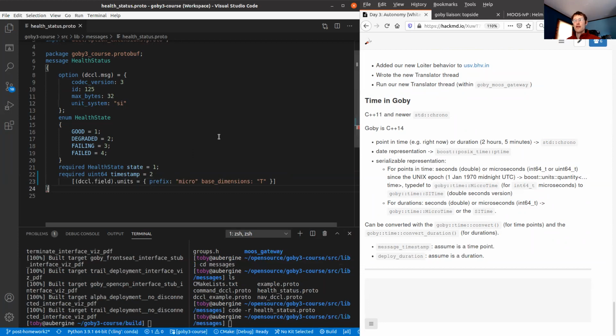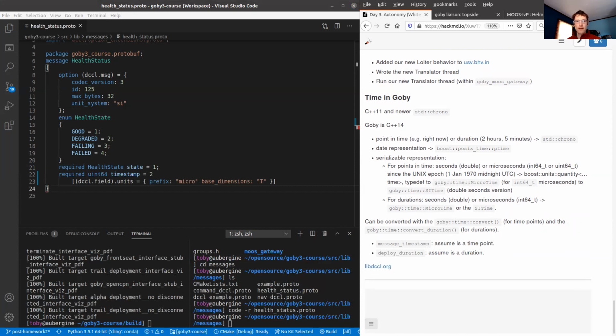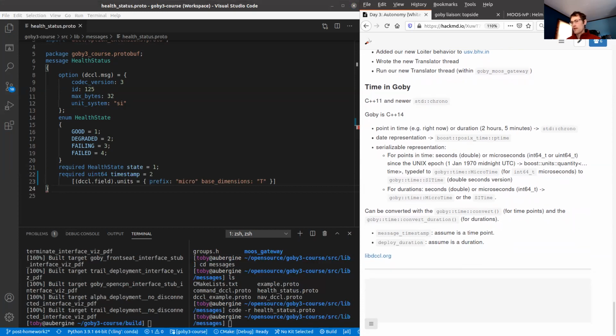So without going into a lot of detail, you can go to libdccl.org if you want to read more about this. This will generate the accessors and mutators for the with_units version of this that uses boost units.